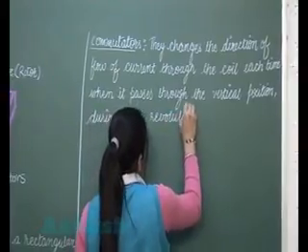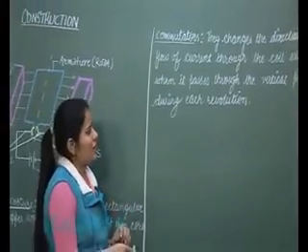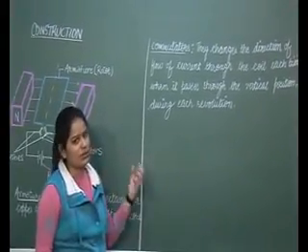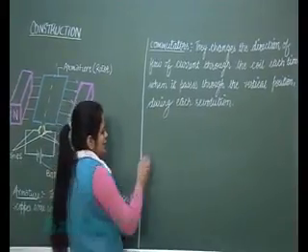So student, each time when the rectangular coil or armature passes through the vertical position, commutator changes the direction of current. Now student, brushes